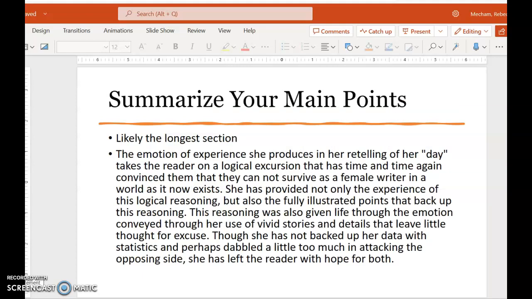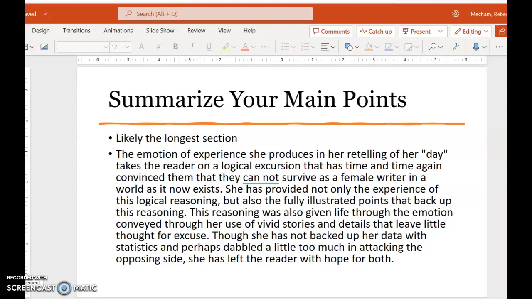And then you're going to summarize your main points. So this is where I would actually just go back with a pen or pencil, print out your paper, or I guess you can go in and do comments, but just on each paragraph, write down what you are saying in that. What is the main point of each of those paragraphs? And then put that together as your summary, okay?